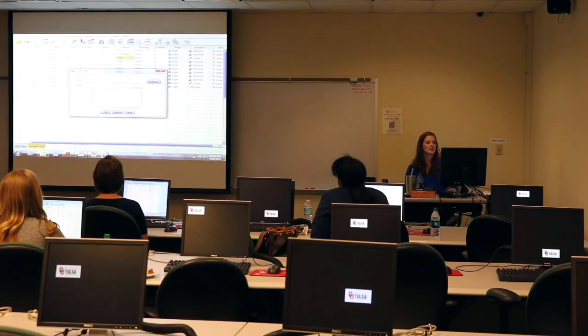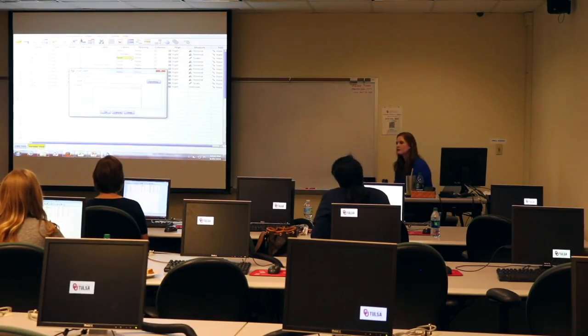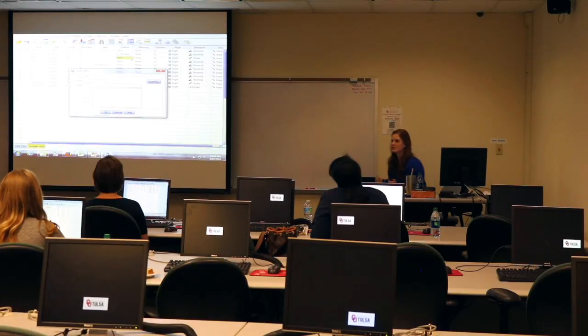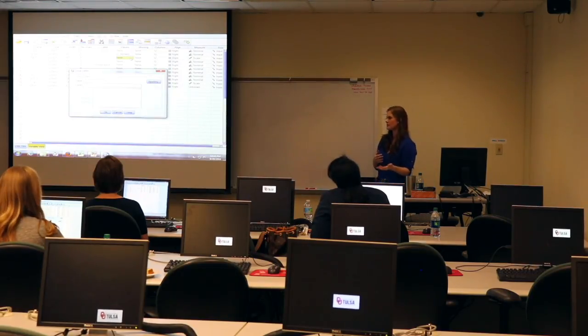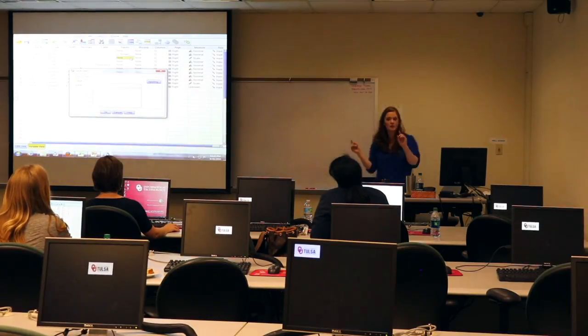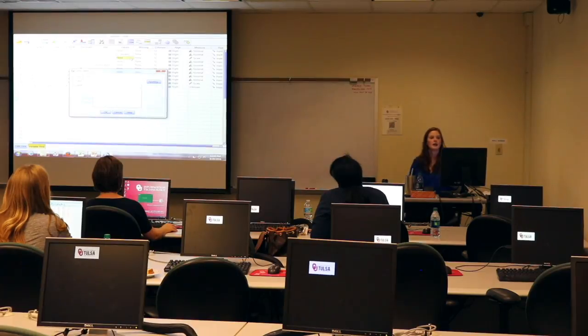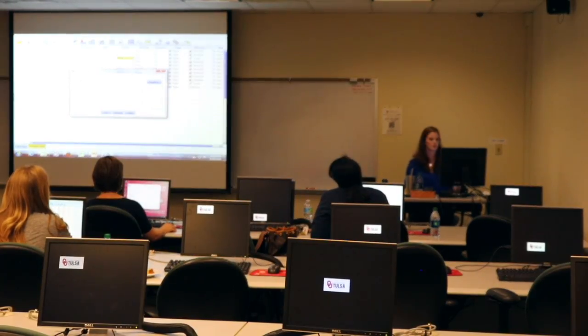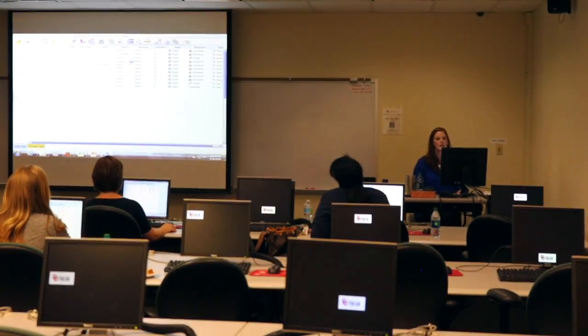So we know we don't need values for age, because age is a continuous variable, and we talked about how important it is to treat our data at the highest level that it's meant to be treated. So we don't have categories for ages here, although we can do that in SPSS. We just have the continuous level of age. And then race,